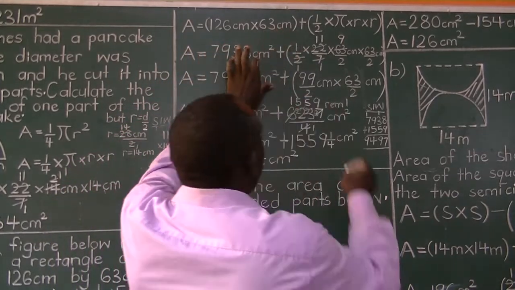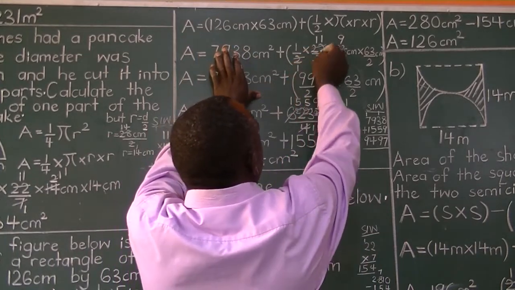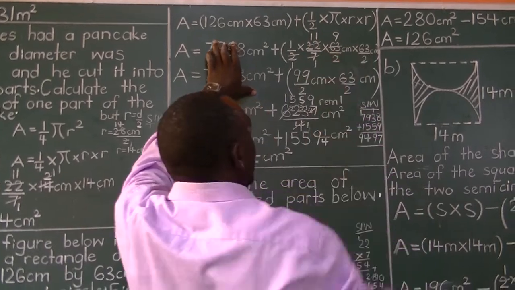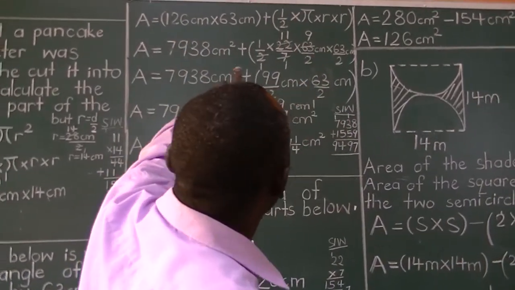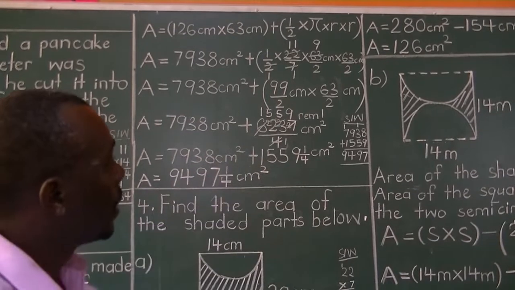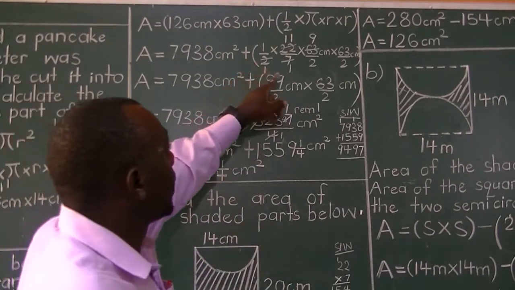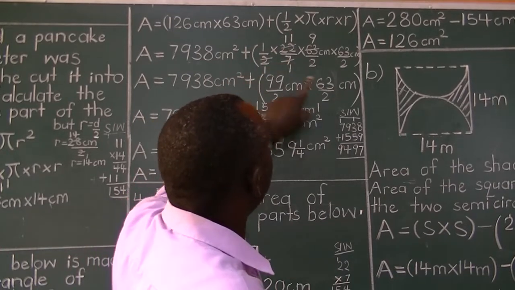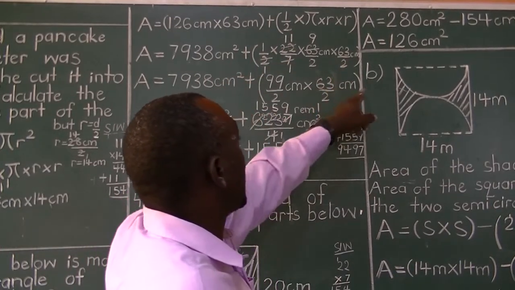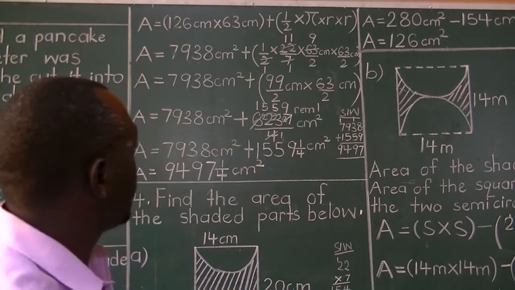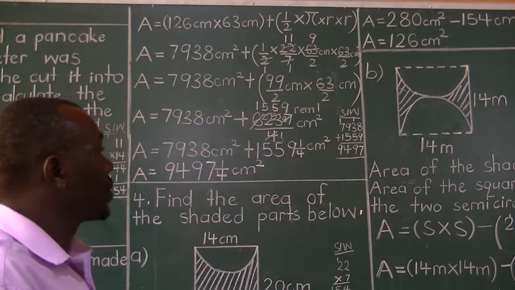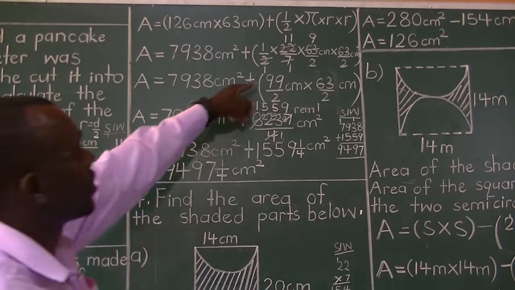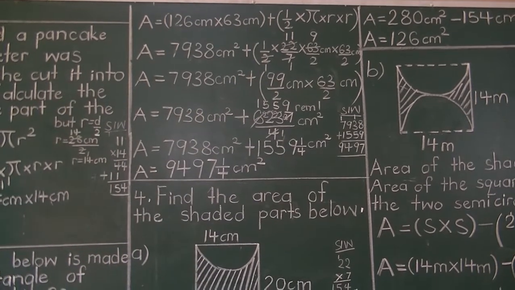And then you cancel here. So by 2 once, 22 by 2 you get 11. 7 by 7 once. And 63 by 7 gets 9. No longer can we cancel, but only multiply the numerators. 11 times 9 gets 99 over 2 centimeters. Then times 63 over 2 centimeters. Now, since we cannot cancel, we multiply that 99 by 63 as numerators. Then later 2 by 2 down.